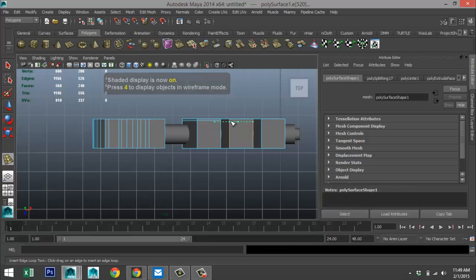So one there, one there, and just bring them close to the edge. And we'll do the same here.